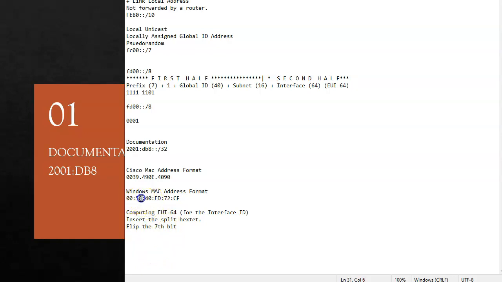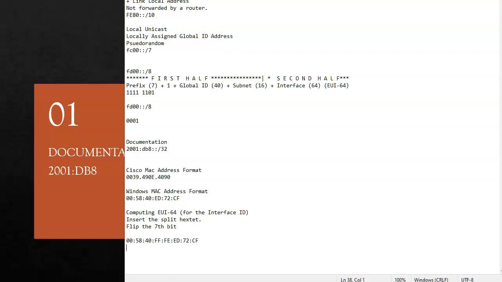We take this MAC address right here. I'm going to paste it, and I insert FFFE into the middle of it. The other thing I do, in order to change this globally unique identifier, the MAC address, into something a little bit different, because I don't want anything to get confused if I start chopping up numbers, is I flip the 7th bit.